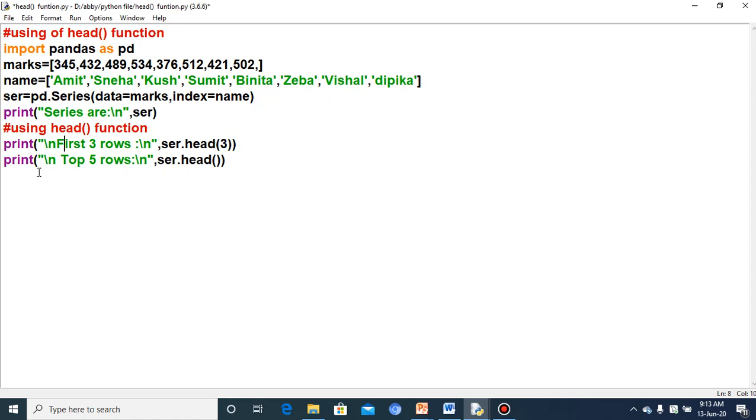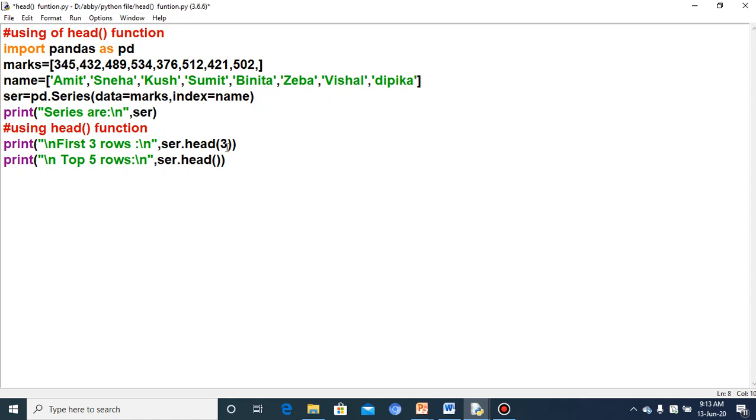And the next print statement will return no number is specified for the head function, no parameter is given for the head function. That means if you do not provide any parameter for the head, it will return the top 5 rows, or you can say first 5 rows.